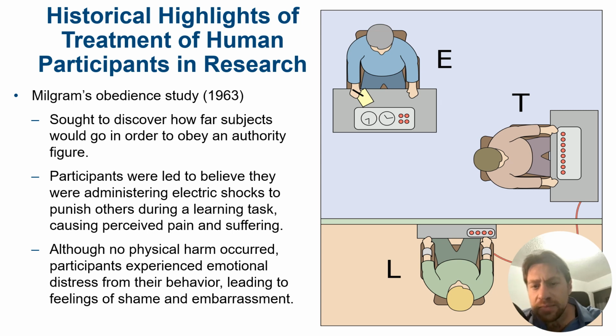So here's the schematic of the study. Imagine you're the volunteer. This is you. You are the tester. This is the experimenter conducting the study. This is the authority figure. And in a different room here is the learner, somebody you believe is a part of the study. Now, you are told that the purpose of the study is to examine the effects of punishment on memory,